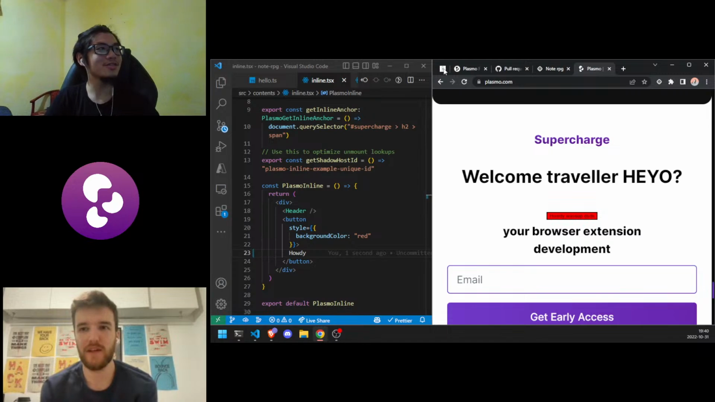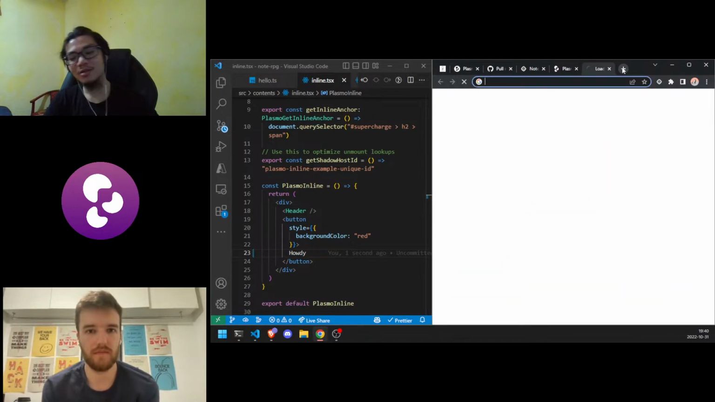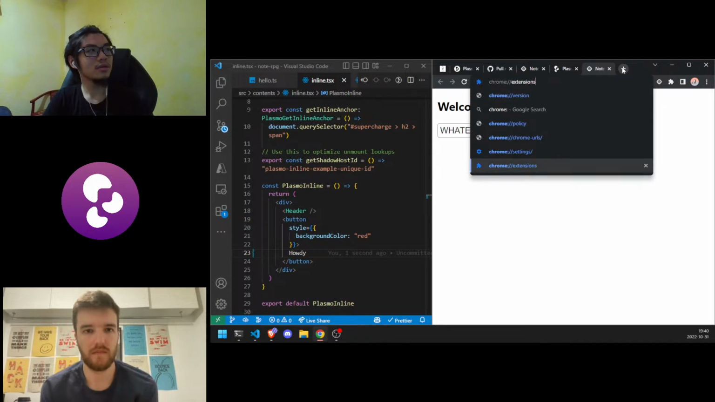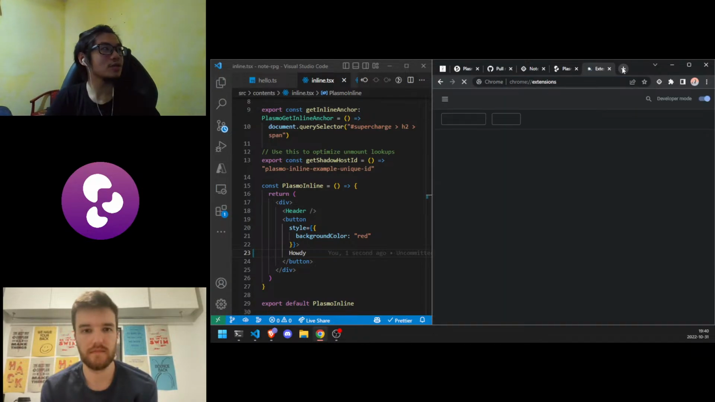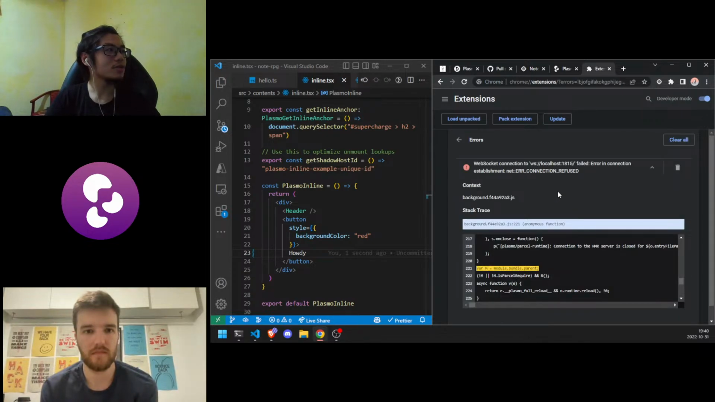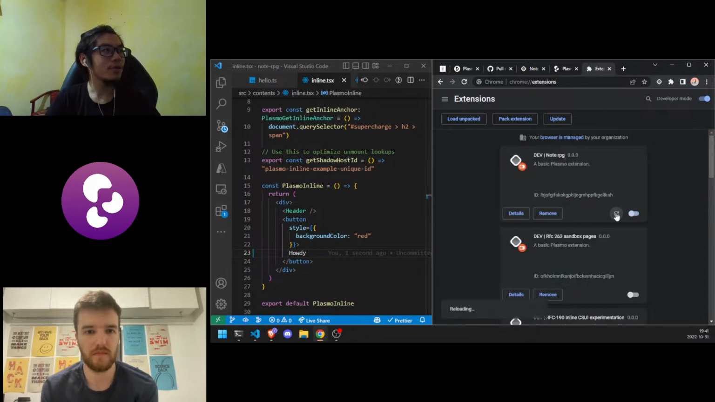Live debugging. Okay. Well, I don't know. Let's just go to Chrome extensions and refresh it and see what's happening. The weird thing is that it refreshed. No, that's fine. It's the first error. It doesn't matter. The weird thing is that